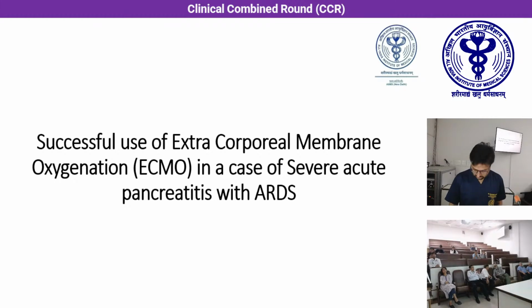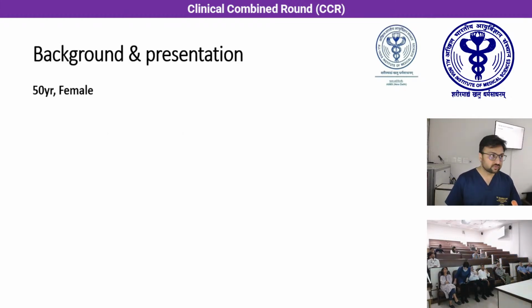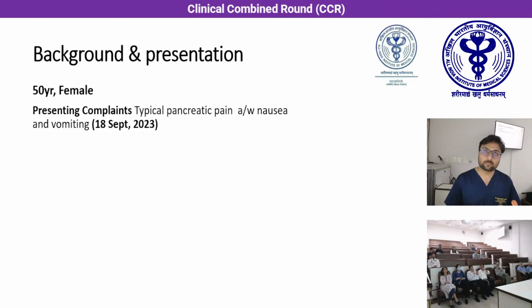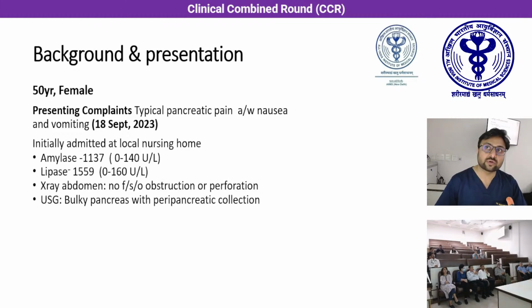Very good afternoon, everyone. I will be presenting the initial clinical history of the patient when the patient was admitted. We had a patient, a 50-year-old female with no prior comorbidities, who presented with complaints of typical pancreatic type of pain associated with nausea and vomiting on 18th of September 2023. Initially, she was evaluated at a local hospital, where her amylase and lipase were significantly elevated, and X-ray abdomen was also done. There were no features suggestive of obstruction and perforation, and ultrasound abdomen was suggestive of bulky pancreas